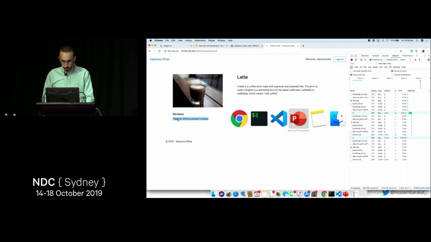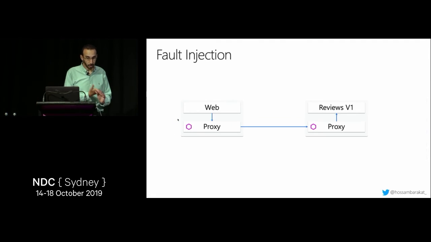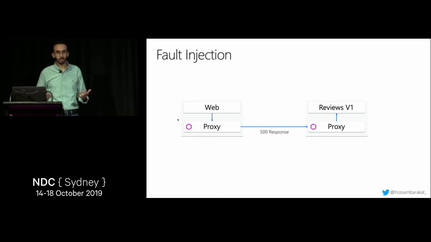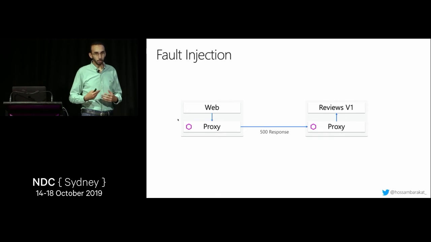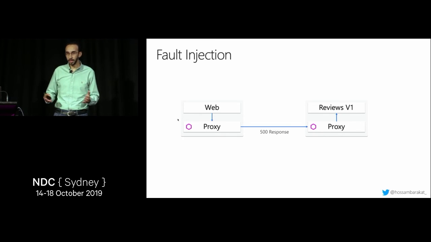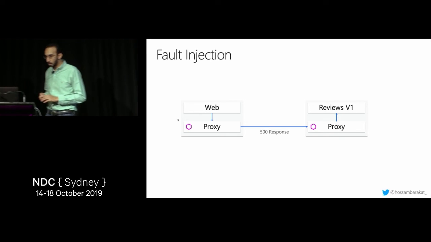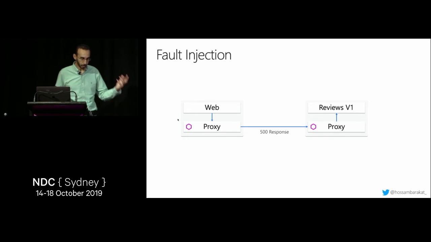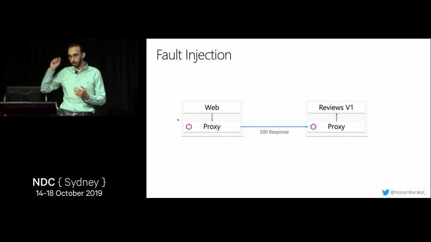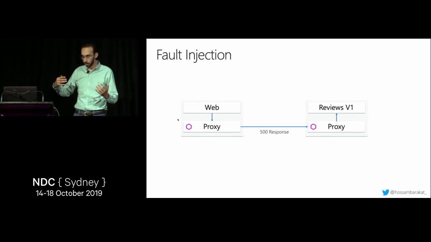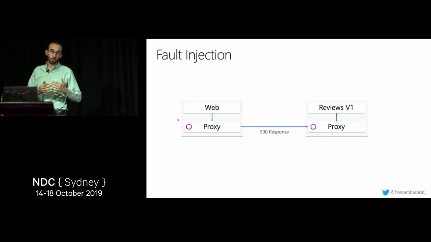So the second thing that I would like to show you is the fault injection, which is very important because, like in my last gig, what we had is a bunch of services communicating with each other, and in order to make sure that the system is always up and we have a highly available environment, we had to test all of those cases. In our case, we didn't have Istio. We used a different tool, which is called Gremlin, that enabled us to stop one of the services while it's running to make sure that the main service or the main application didn't